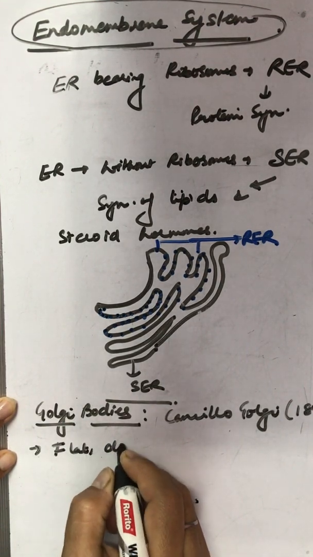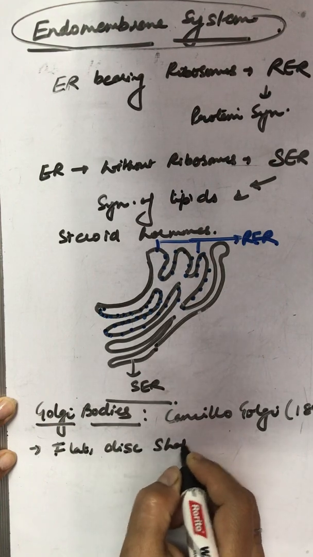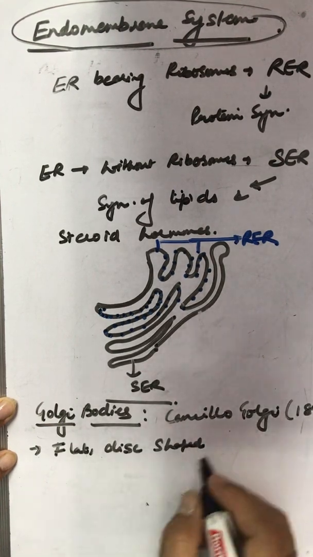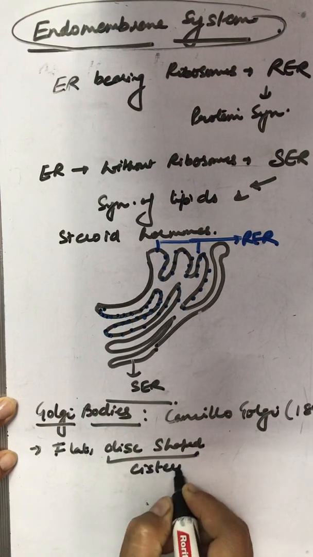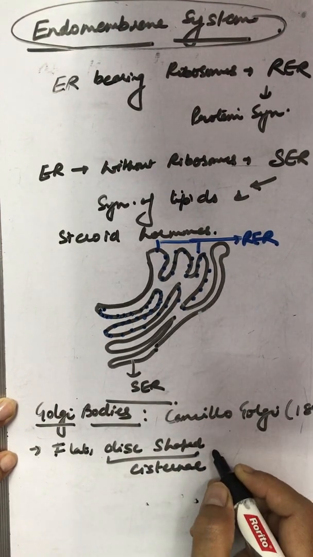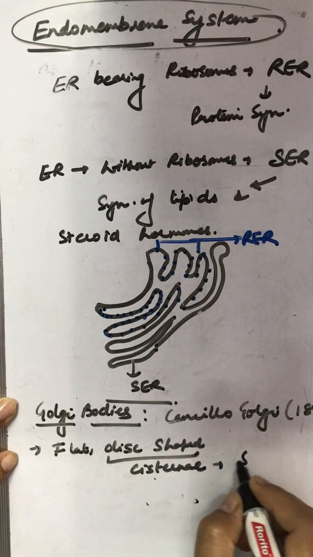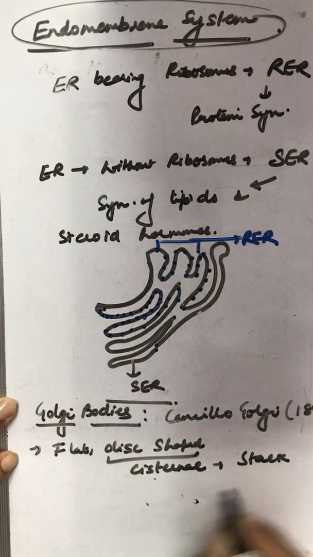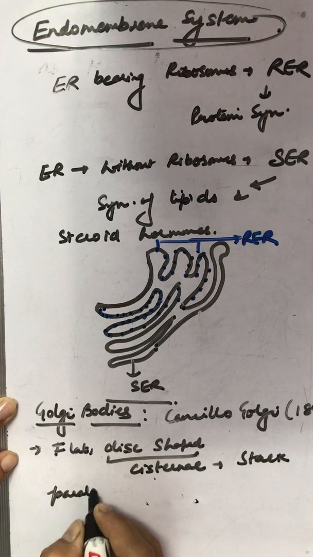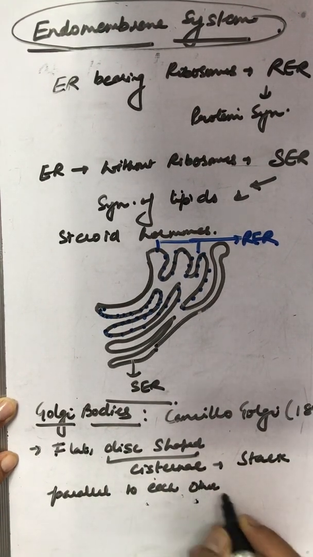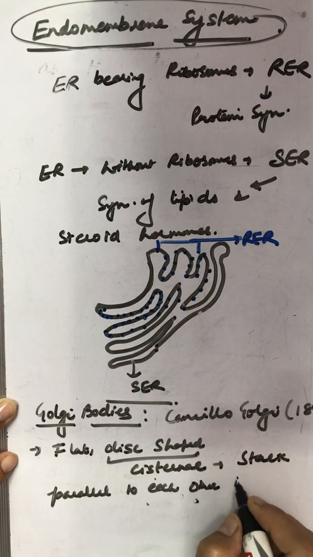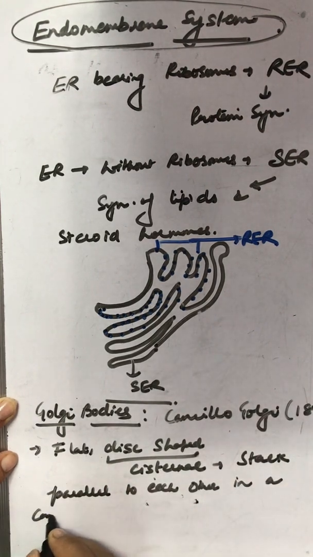Flat, disc-shaped are basically called cisternae. These stack parallel to each other in a concentric manner